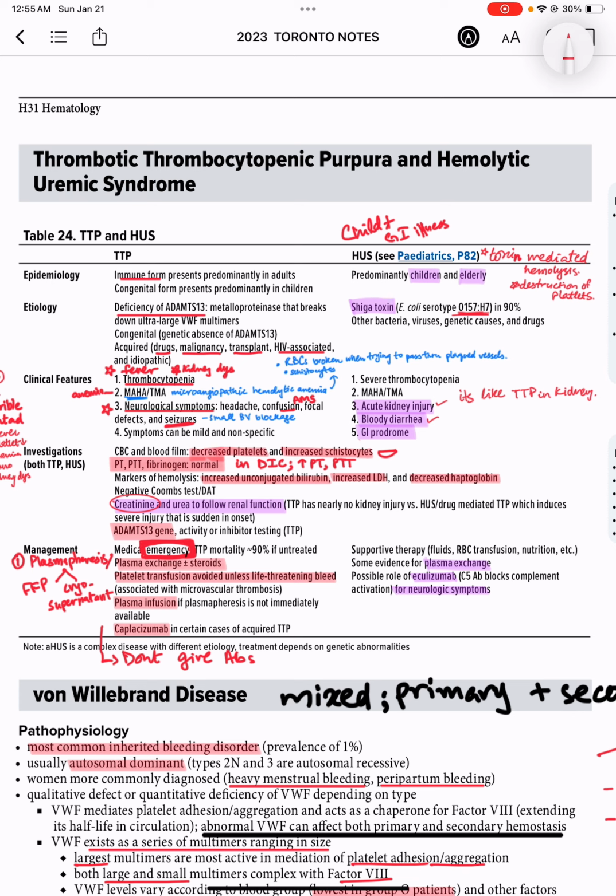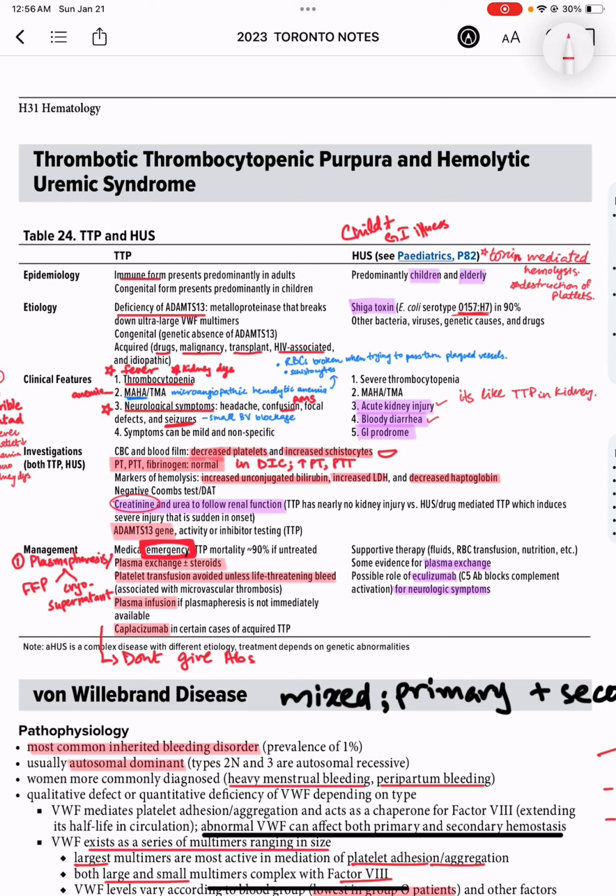Now, how are we going to manage TTP? In ITP, we give corticosteroids, IV immunoglobulins, and then we can also go for splenectomy, right? But TTP, the terrible pentad, is a medical emergency. So TTP is a medical emergency, and first of all, we'll go with plasmapheresis, which is also called plasma exchange, because we would need to give more platelets, and it could be given with or without steroids. But we don't go for plasma transfusion. Plasma transfusion is usually avoided unless there is some life-threatening bleed going on. So we'll just go for plasmapheresis, plasma exchange,